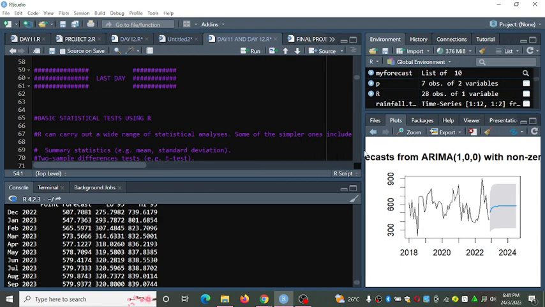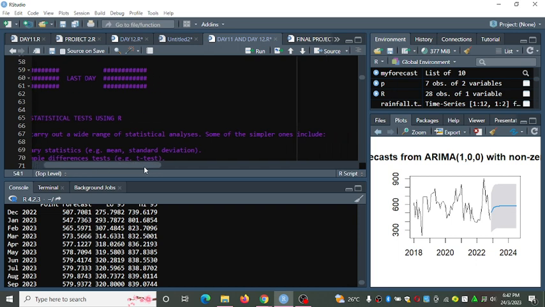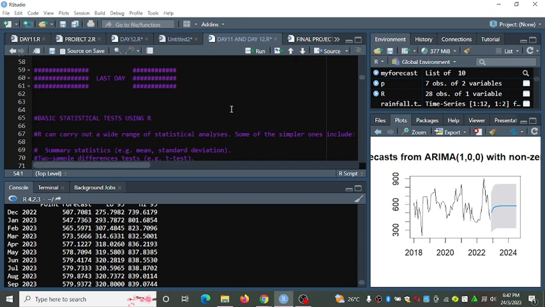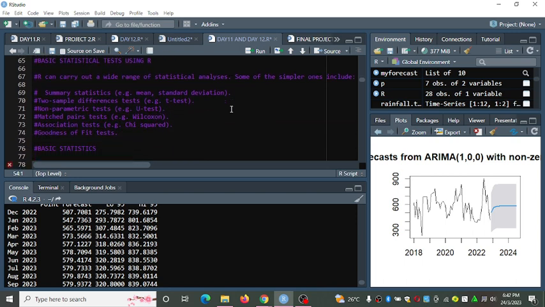So we can continue now. R can carry out a wide range of statistical analysis. Some of these simple ones include summary statistics like mean and standard deviation, and we have the two-sample difference test, the t-test.